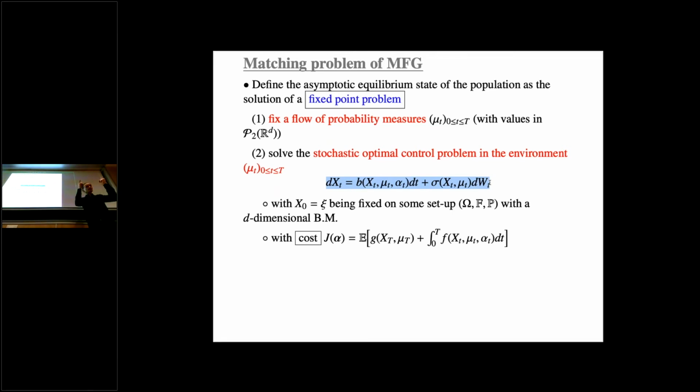This is the same equation as before, but I have replaced the empirical measure by mu t. I am not saying that mu t is the law of X t. I'm not doing this at this moment. No, I'm saying mu t describes the state of my population. And within this environment, I have one particle, a tagged particle, that is going to evolve, and I'm going to see what to do with this particle. And with this particle, I can assign a cost, the same cost as before. This is the cost that this particle is going to pay when playing the strategy alpha. So alpha is my action.